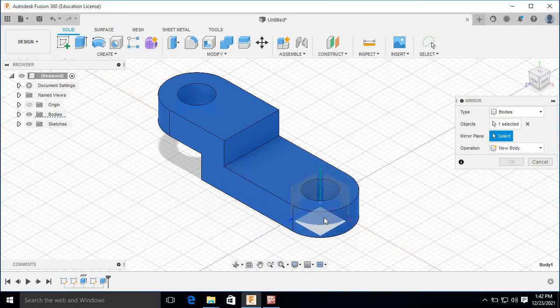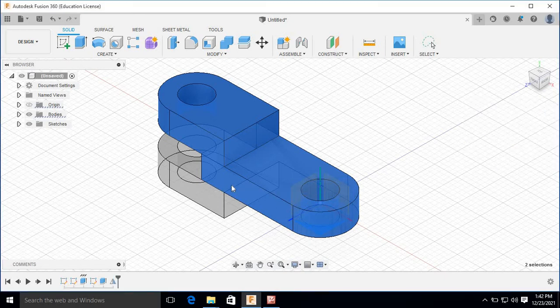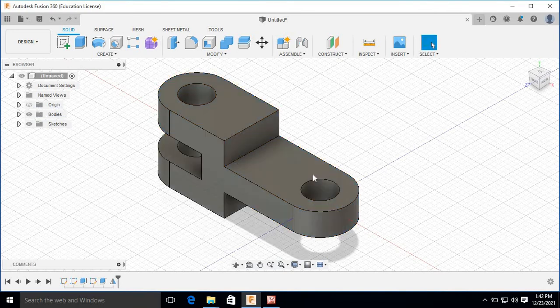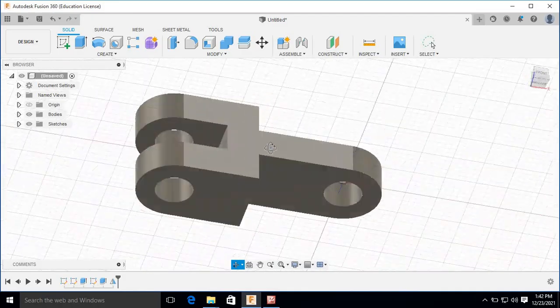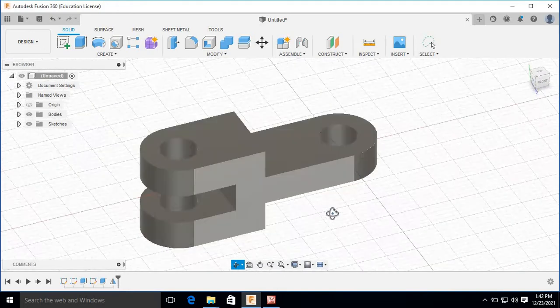So select that plane, okay, and click OK. So again you can press shift button and scroll button and move your mouse to view from different direction. So you can see this 3D model is created.